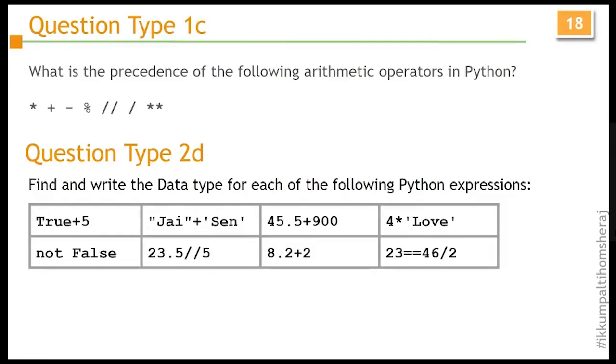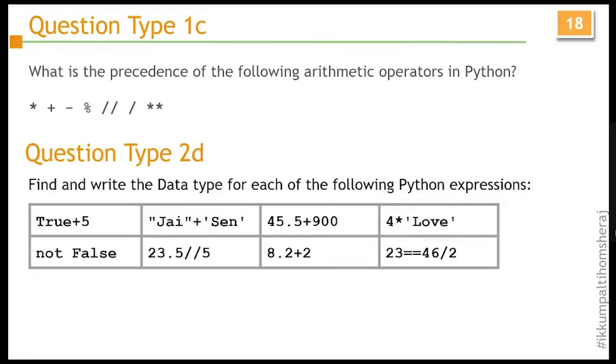Whichever comes first will be executed first. Out of this, double star is going to have the topmost precedence, and after that, star, percentage, integer division, and float division will have the same place of precedence. So that will be the second, and plus and minus will be last.